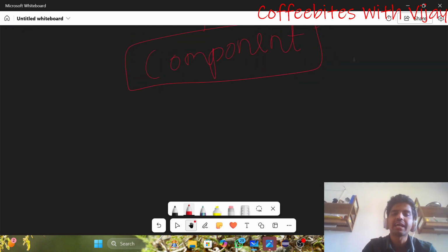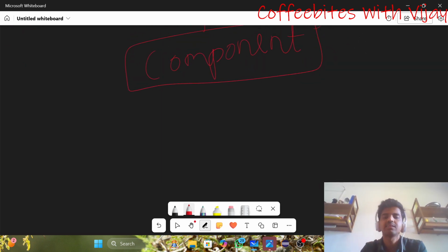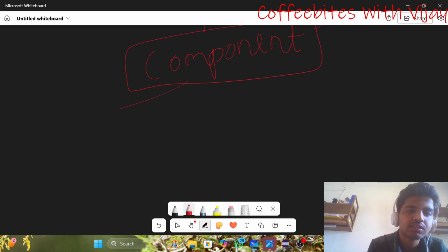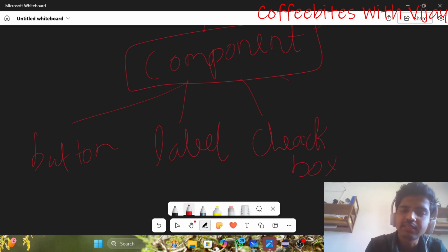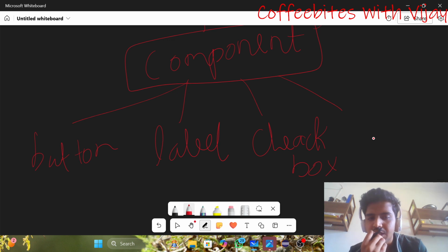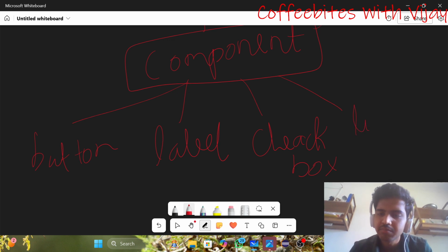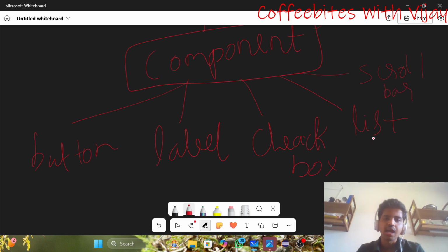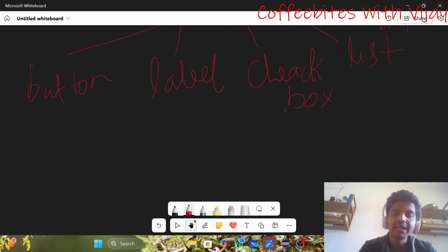This component class is an abstract class, and it contains some classes like buttons, label, checkbox, and it also contains pop-up windows, lists, scroll bars, etc. It contains all these classes, and it also contains the container.